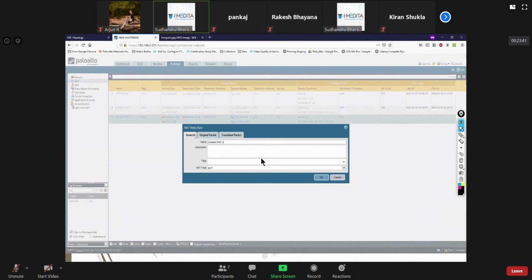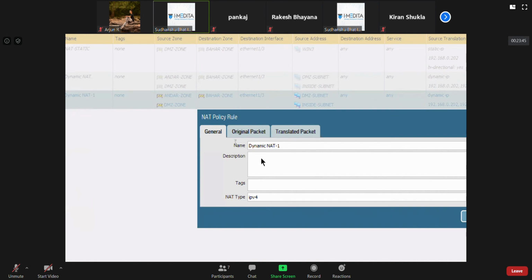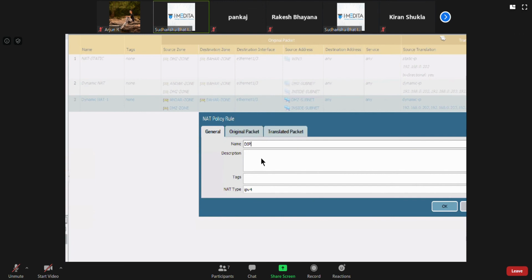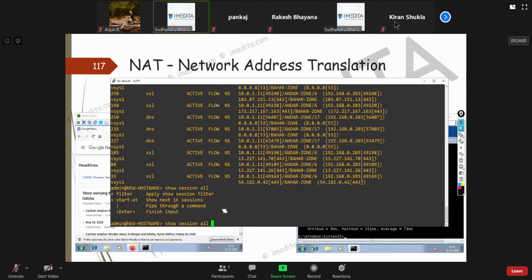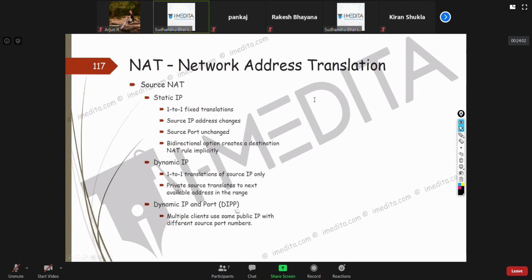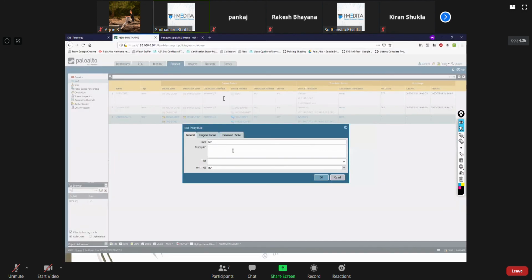Preferably don't utilize that word. I'm just saying that because you are already familiar with it. They call it dynamic IP and port, DIP here. So preferably utilize this dynamic IP and port word. So simple.